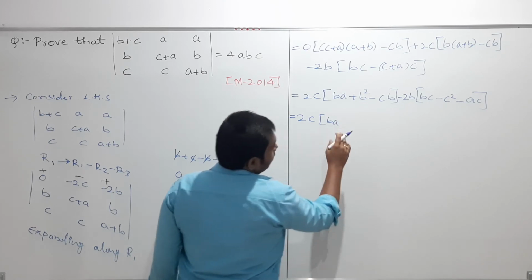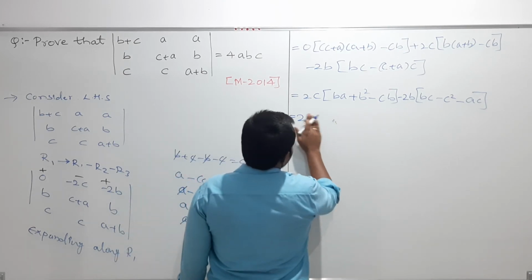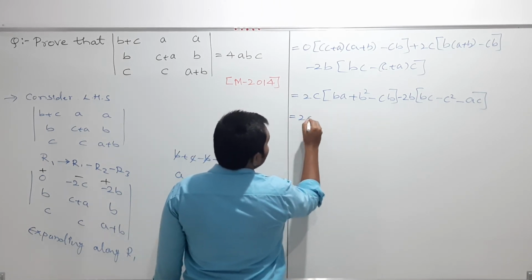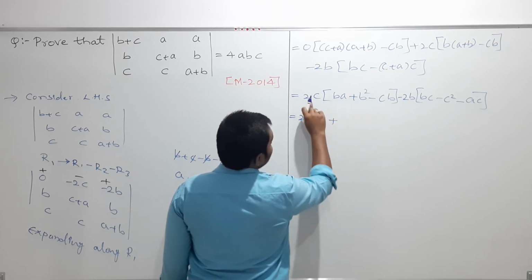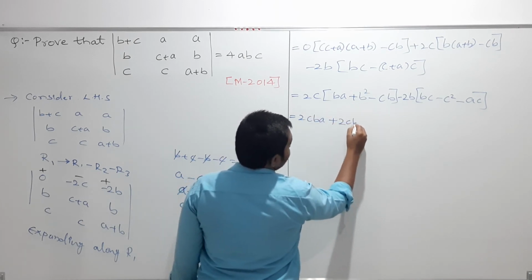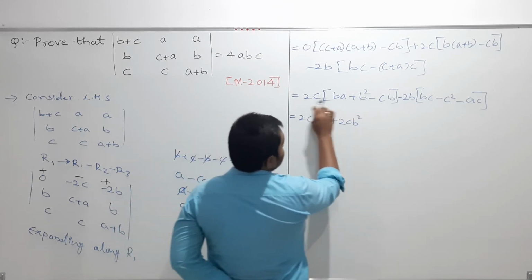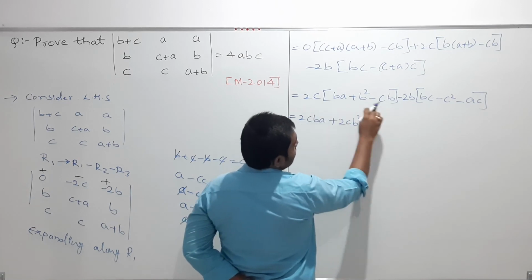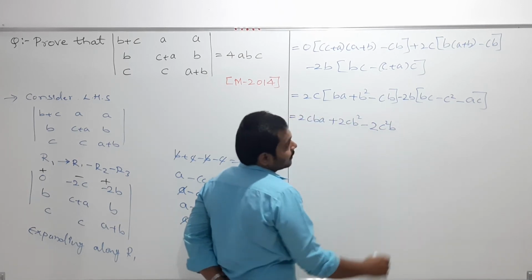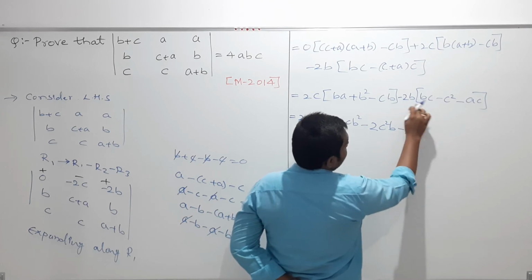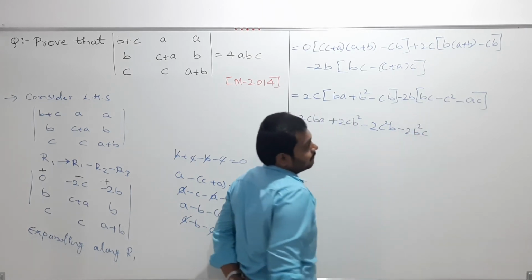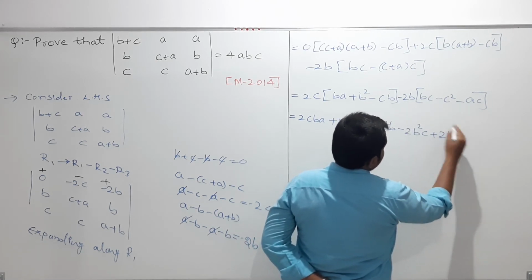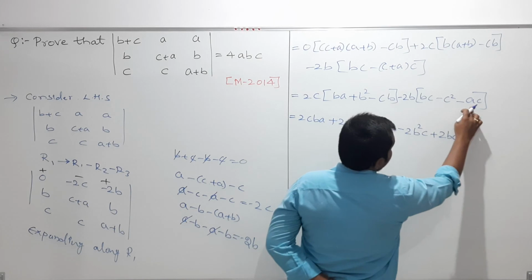You can write here it is. Further you can simplify, or else take this 2C inside the bracket. 2C into BA is 2CBA plus 2C into B square is 2CB square. Next plus minus minus 2C into CB. C into C is C square, 2C square into B minus 2 into B is 2B square C. Next minus minus plus 2BC square, 2BC square, minus minus plus 2B into AC is